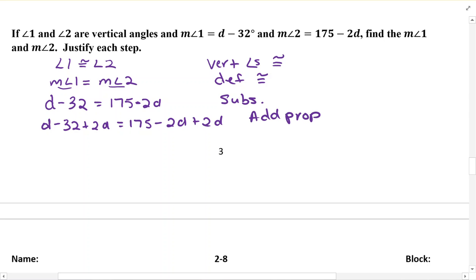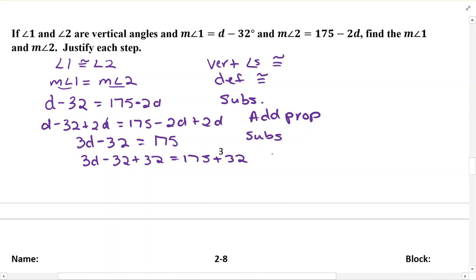So we have then that 3d minus 32 equals 175, and that's substitution. We can then add 32 to both sides. And that's addition property,